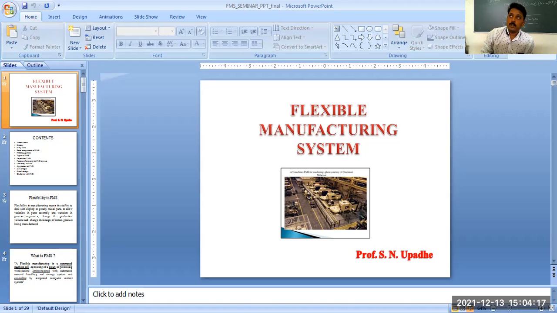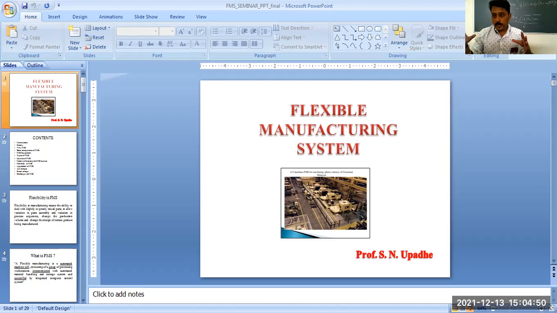Now, what does the flexible manufacturing system allow us? The flexible manufacturing system gives us another set of manufacturing area where I can change the product whenever I want. Whenever I feel that this product is not going to work out, or if the users of the product have given feedback that this part of the product is not good, we have to change that.